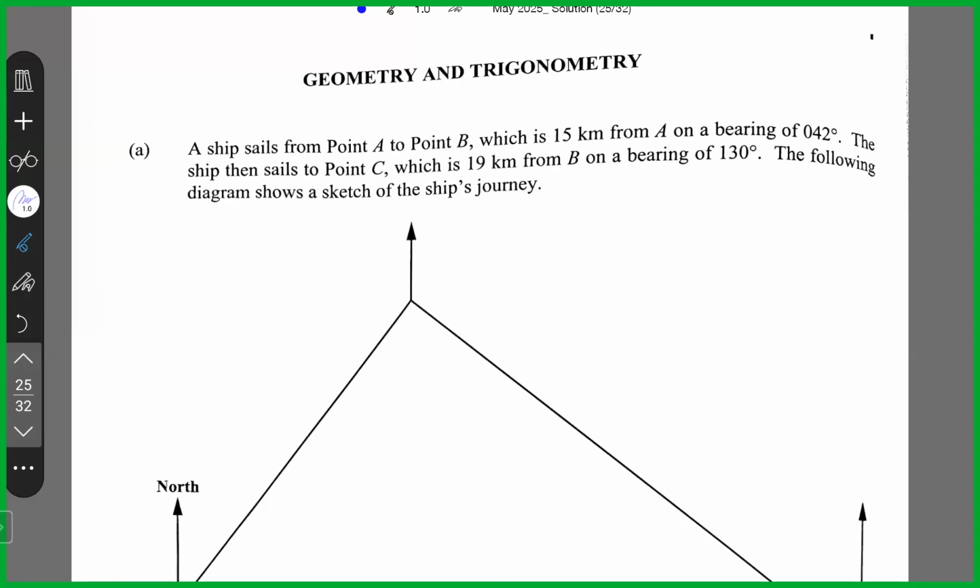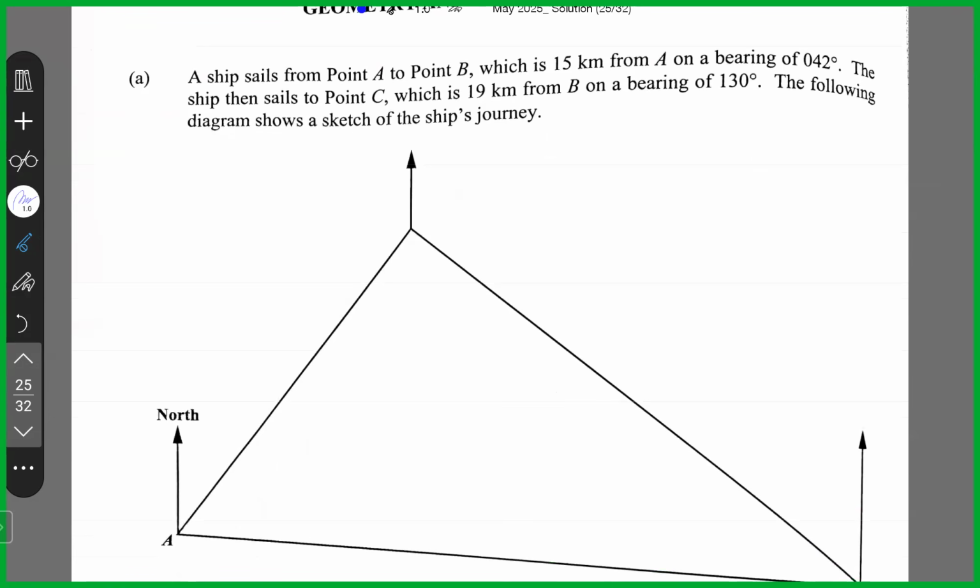Question number 9. A ship sails from point A to point B, which is 15 kilometers from A, on a bearing of 42 degrees. So the ship sails from point A, which is 15 kilometers